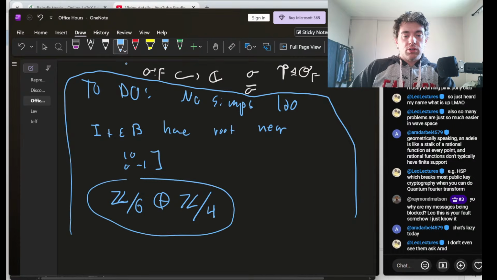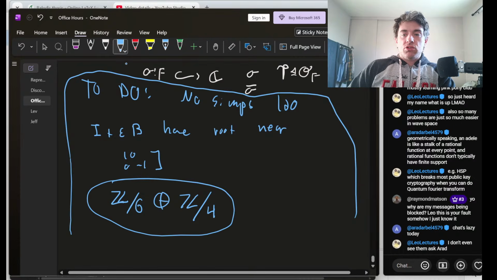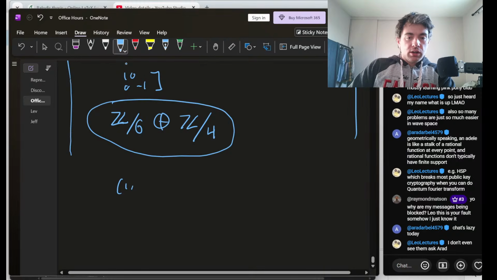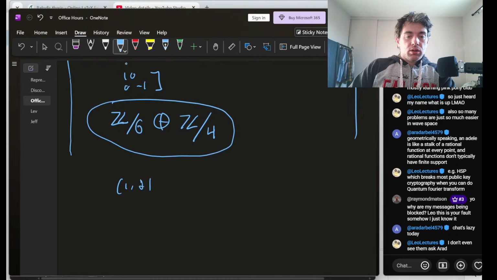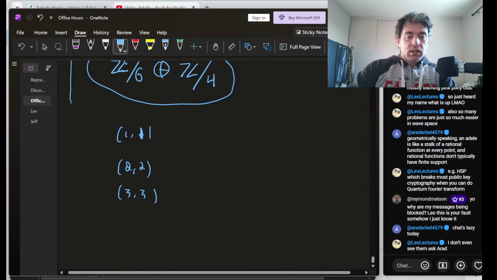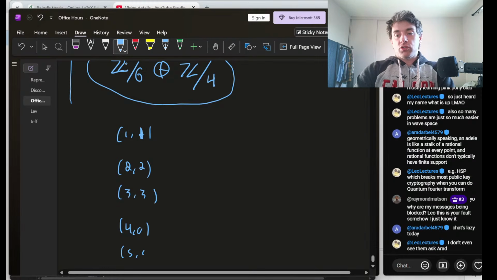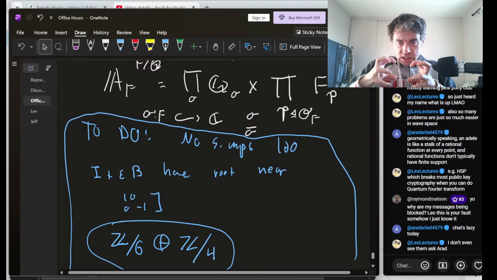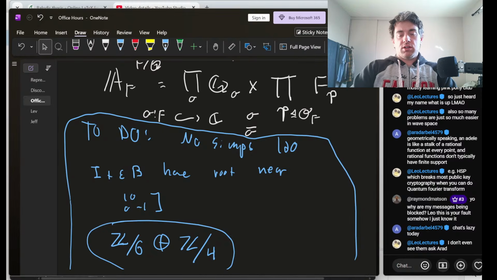So I want you to look at this group and compute a bunch of different elements. Actually sit down, write out something like (1,2), or (1,1) even, and actually go through and compute. Okay, (1,1), that's (2,2), that's (3,3), and you add (1,1) to it again, and this becomes (4,0), and you add (1,1) to it again. So go through and do that with a whole bunch of elements, and I think this will be better than anything I could tell you: get your hands dirty with an example and internalize it.